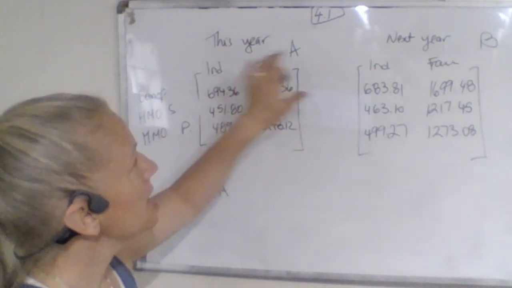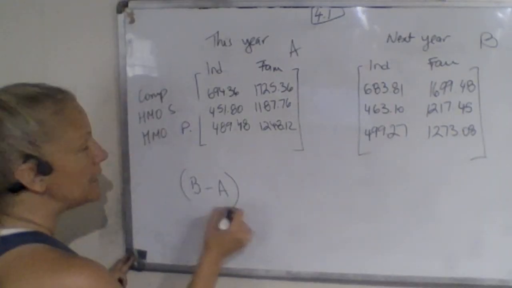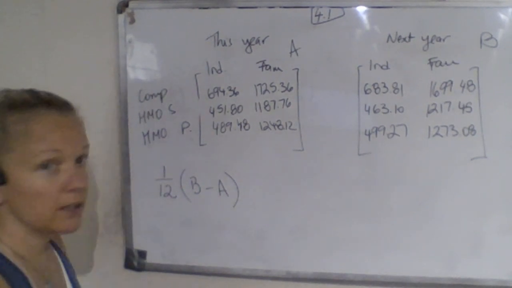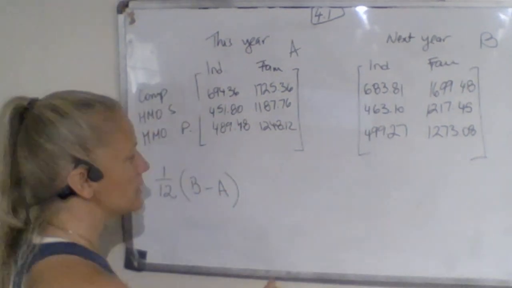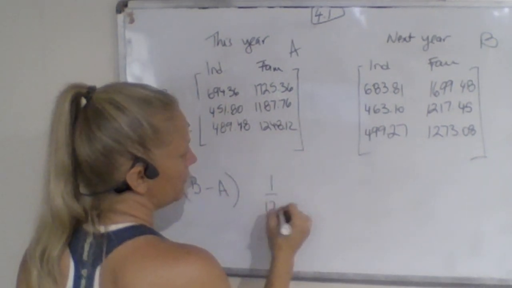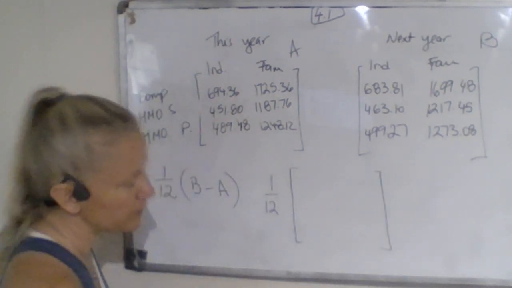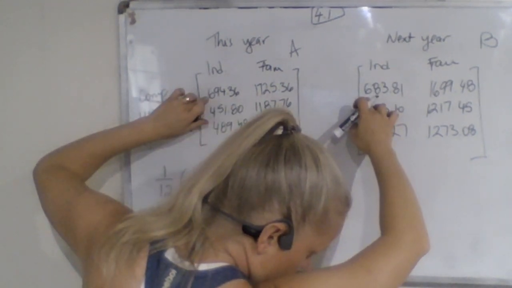But keep in mind, this is yearly, which means once I get this, I need to times this all by 1/12. Why? There's 12 months in a year, because I want to know what is by month. So this becomes 1/12 times. And Lord help us all, I'm going to copy from the book. It's going to be this minus this, which is